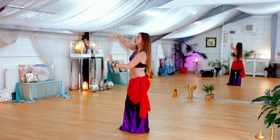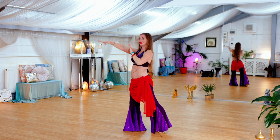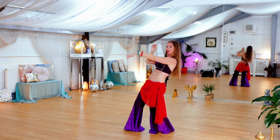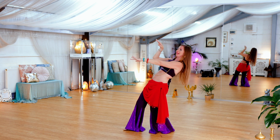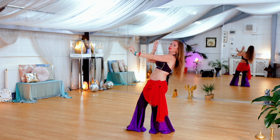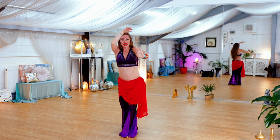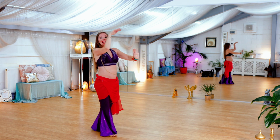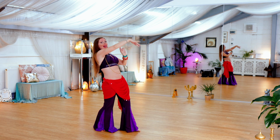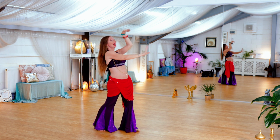If you feel able to and you want to here, what you can do is place one foot slightly behind the other, bend through your knees, keep your back straight, bend through your knee with a straight spine. You can elongate. Bring it back into center. I would refer to this as a fake back bend. It's a gorgeous way of bringing that dynamic movement and that depth into your movement, but without being so intensive